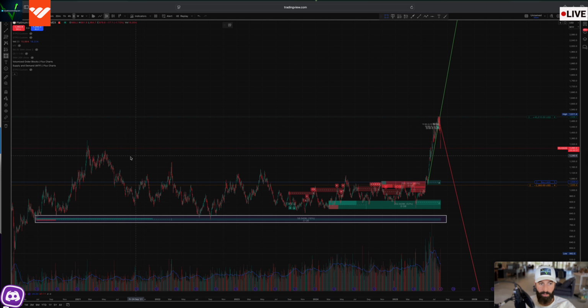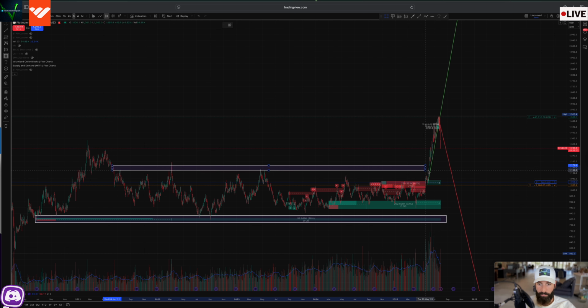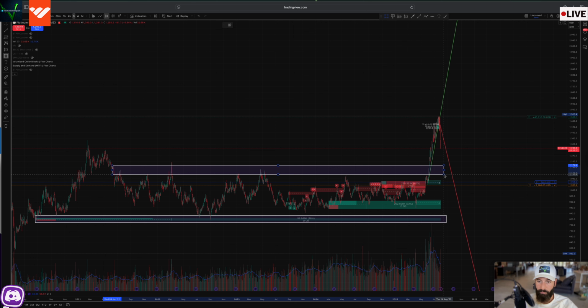On the flip side, we have another demand area over here, and every time the price reaches it, it flips in reverse, and with it we can see this minor area as well, another accumulation of energy